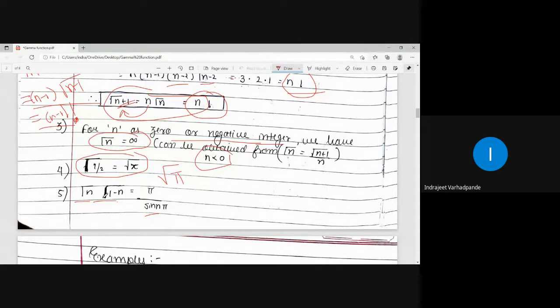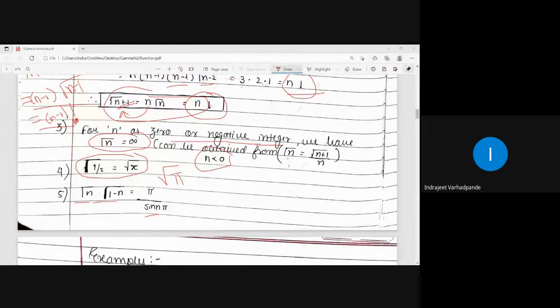By the definition of the gamma function, we have gamma n equal to the integral from 0 to infinity of e to the power minus x into x to the power n minus 1 dx. For n greater than 0, the integral exists, or it converges. For n as 0 or a negative integer, gamma n is infinity. Gamma half is under root of pi for a fraction. And for all other cases, whenever applicable, gamma n into gamma 1 minus n is pi upon sine n pi. I hope this part is